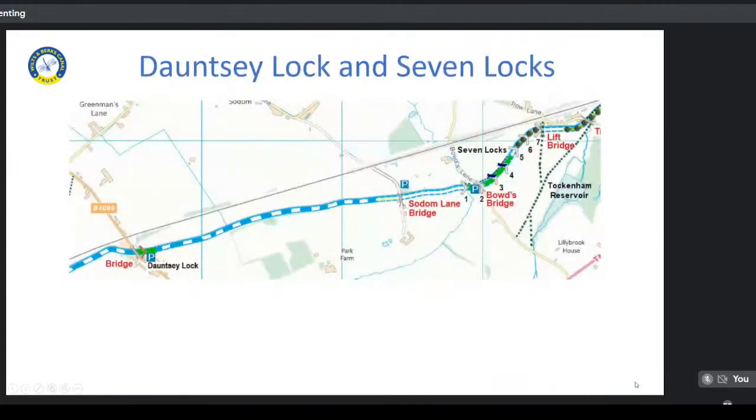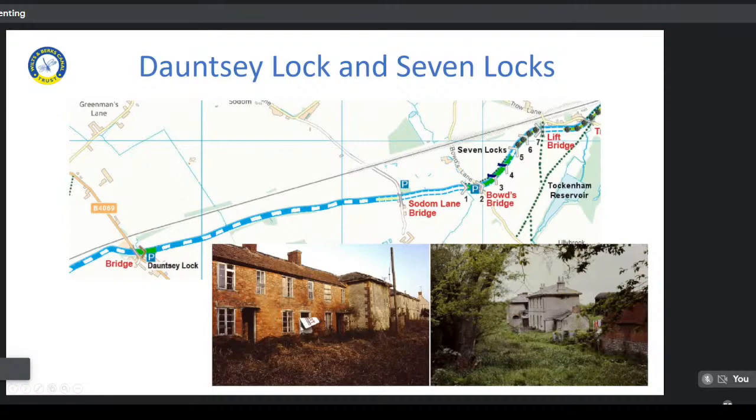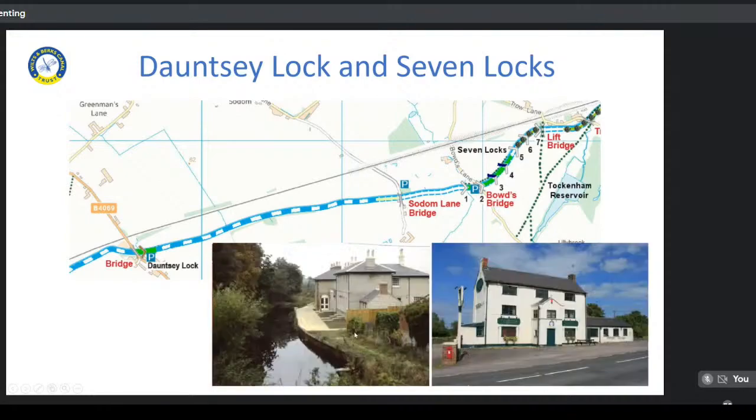Going further north and east, we get to Dauntsey Lock. So Dauntsey Lock was a canal settlement with cottages, dairy, weigh machine, pub, and unfortunately at the time the cottages were there not in very good nick. So the volunteers again spent a lot of time clearing the canal bed, but this is private land and it's now the cottage is restored,